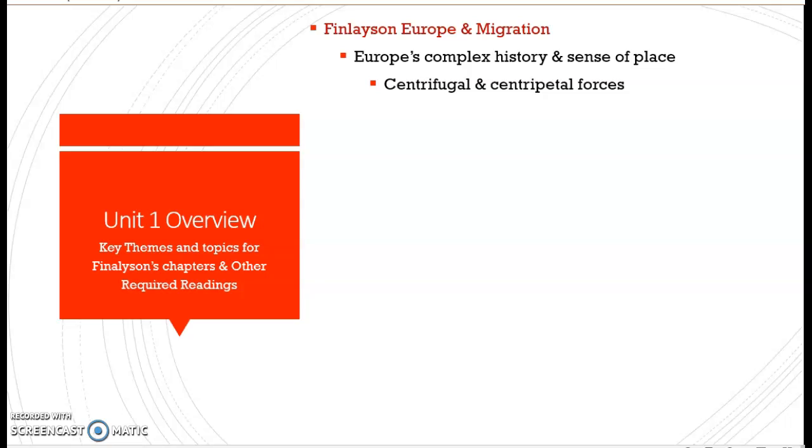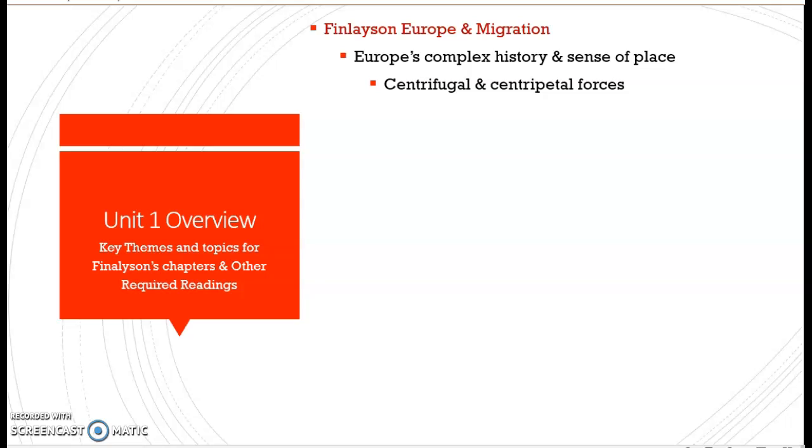This fragmentation, or the threat of fragmentation, or the underlying currents of fragmentation, has been part of Europe's history. We're seeing it now with Brexit, where the United Kingdom has left the European Union, and when we experience times of cultural or economic distress, we see these centrifugal forces create at least a push for more fragmentation. So Europe's history is very